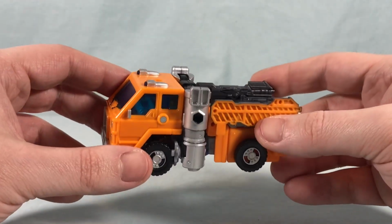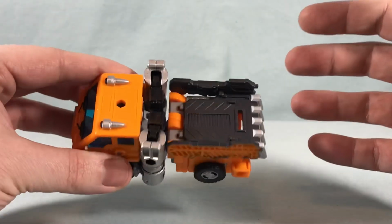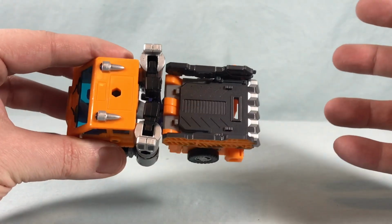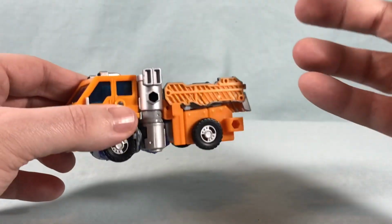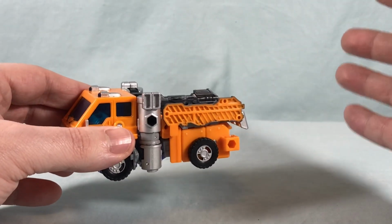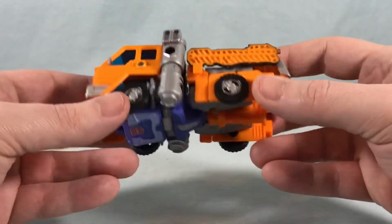Because honestly, for years, Huffer and Pipes never really got any love. They really just got whatever Legends Optimus Prime repaint was available. Because Hasbro had to do something with the mold, and who else turns into a truck? Okay, here, orange makes it Huffer. Blue makes it Pipes, but he really needed his own dedicated figure, and I think they did a really nice